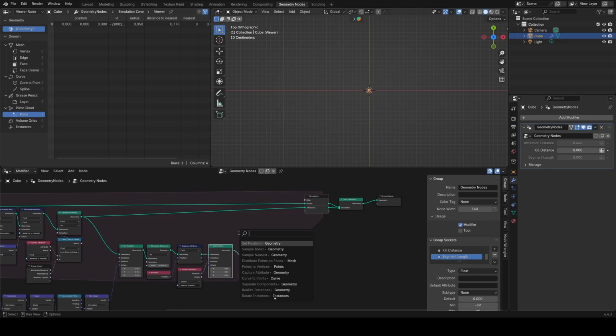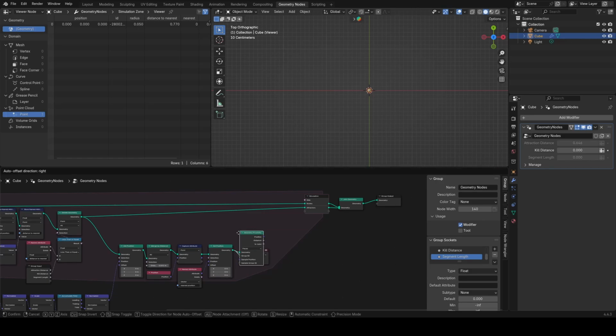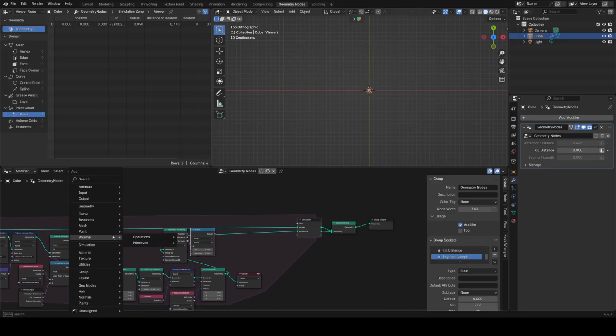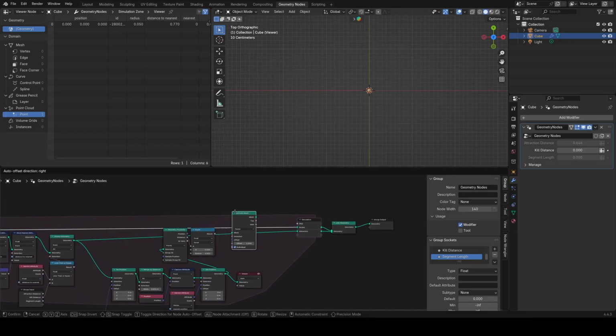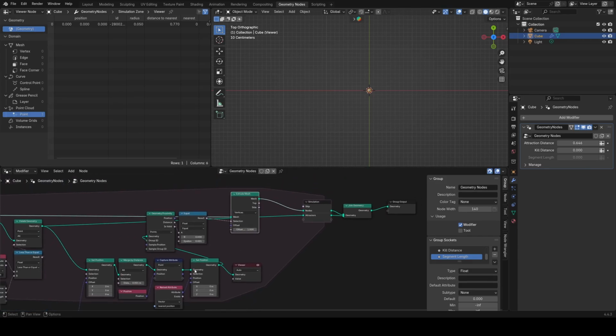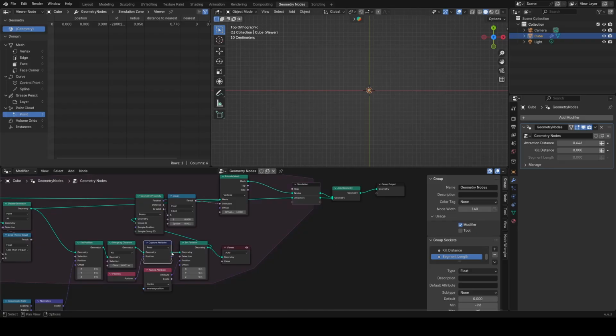We get our geometry proximity. And we can say when the nearest point here, the distance is less than some super small amount, or we could just say equal to 0. I think that'll be good enough. Then we will extrude our mesh, set to vertices, and only the points where this distance is equal to 0 here. And the direction that we'll do it is we will